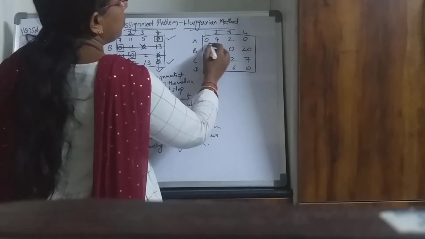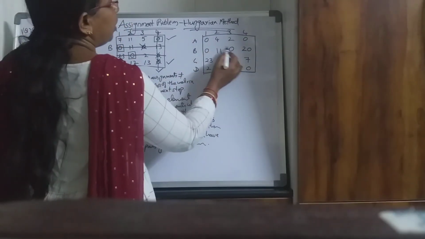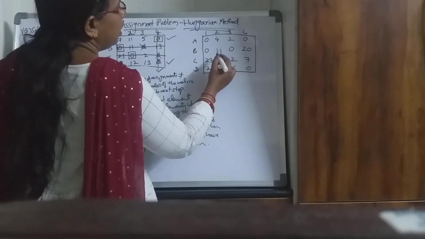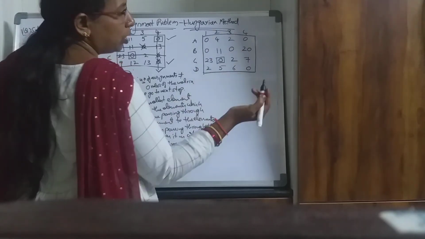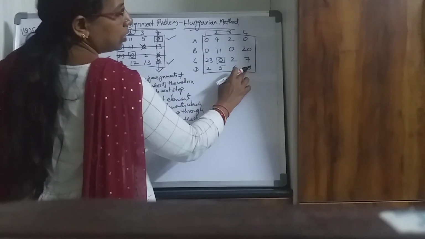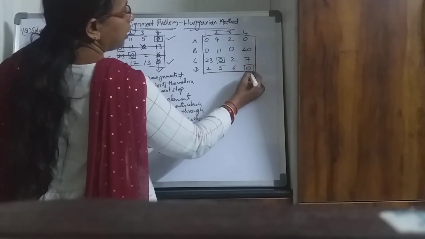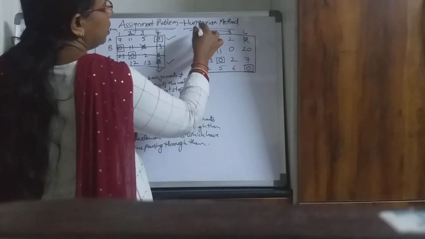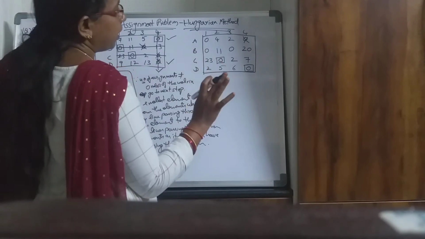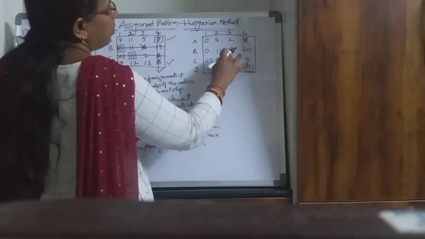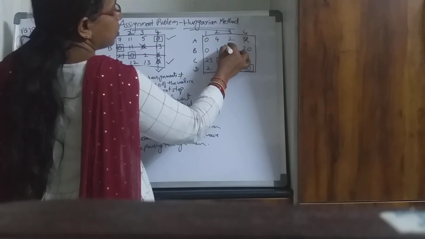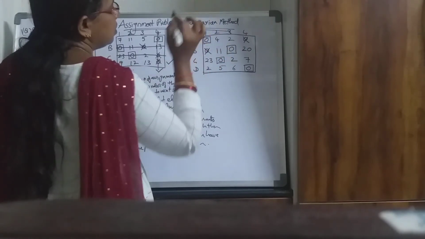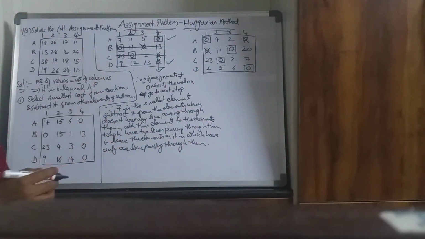Now first row I have 2 zeros, so don't make any assignment. Second row 2 zeros, don't make. Third row I have only 1 zero, so I will make an assignment here. And I don't have any zeros in that column, so no need to cross it off. Fourth row I have only 1 zero, I will make an assignment here. And in the corresponding column I have 1 zero, so I will cross it off. Similarly come column wise. In the first column I have 2 zeros, so don't make an assignment. Third column I have 1 zero, so I will make an assignment here and cross off all other zeros in that row. So this I am crossing off, and here I have 1 zero left over. So now I got 4 assignments.